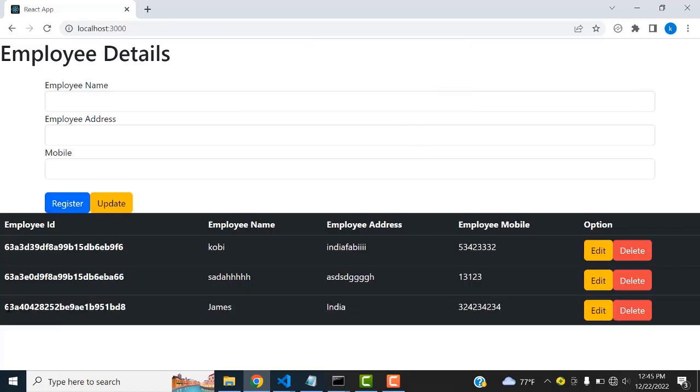Click OK here. The newly registered employee will be displayed here. The ID should be auto increment. Okay, this is an auto generated ID, a more secure ID. It will be generated. Right now here, if you want to add the record, you will be able to see the record on the